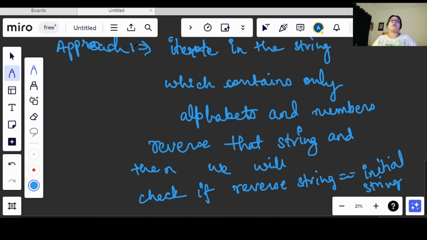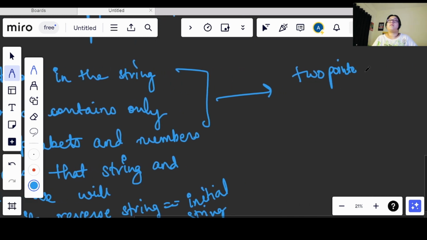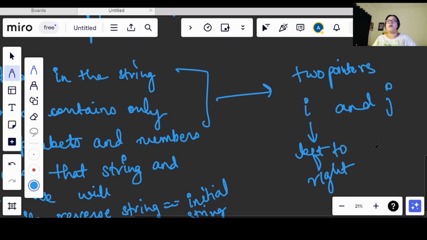Now for the same string, what we can do is use two pointers, i and j. i will move from left to right and j will move from right to left.